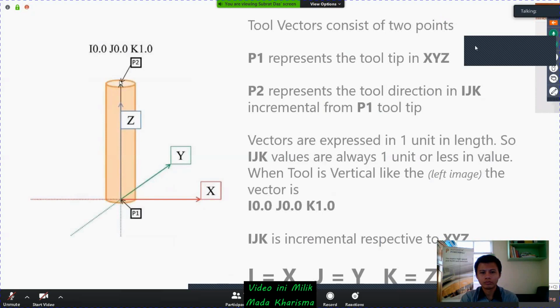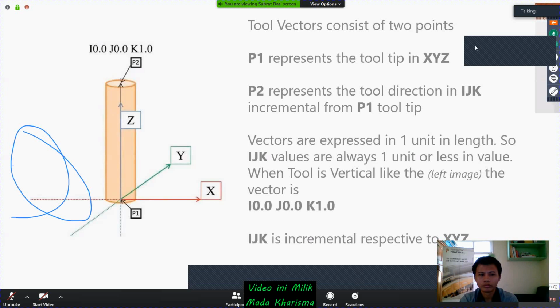As it is a vertical machining center concept, it is lying along Z. So the I, J, K value is I0, J0, and K1. That is actually pure vertical. The vectors usually represent values between 0 and 1. That is the main thing you have to concentrate on.